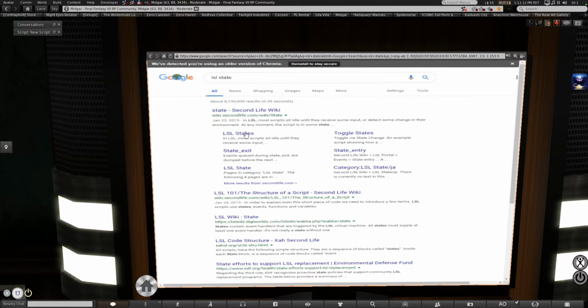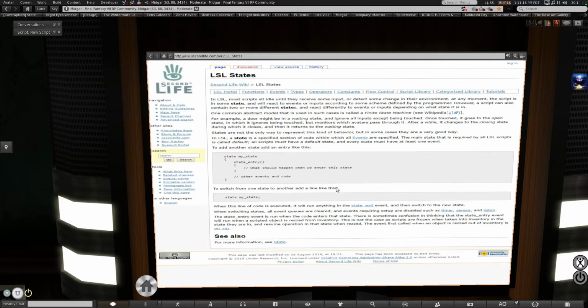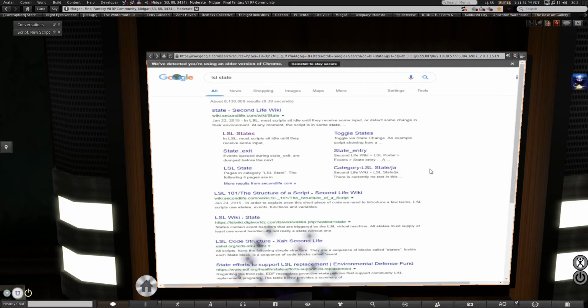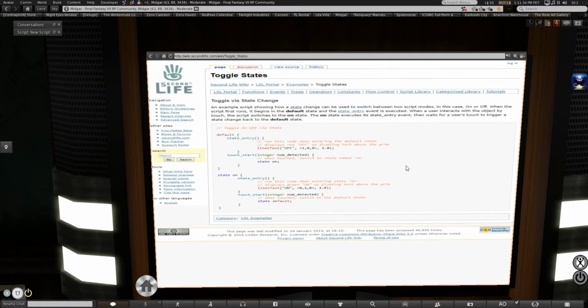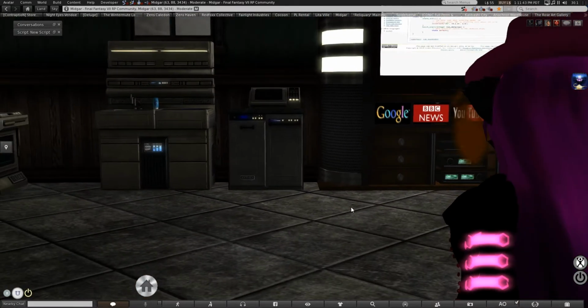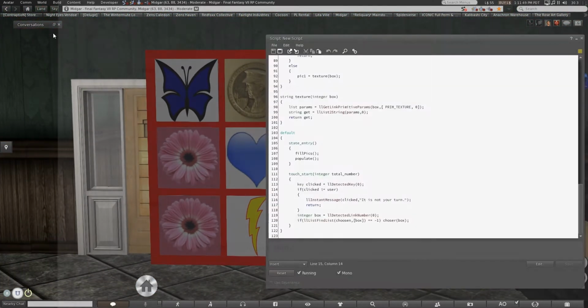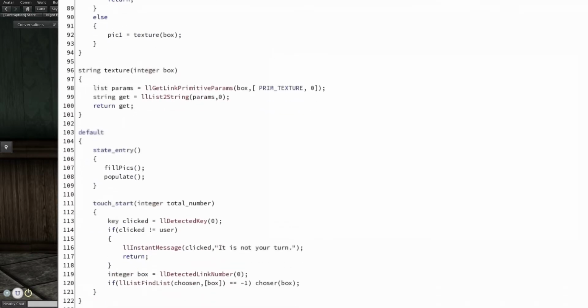So, going ahead and bringing up the wiki for it. What I'm trying to remember was the command for switching between them, since I use it very rarely. There it is. Just state and on. Okay, that's what I needed. So, what we're going to do